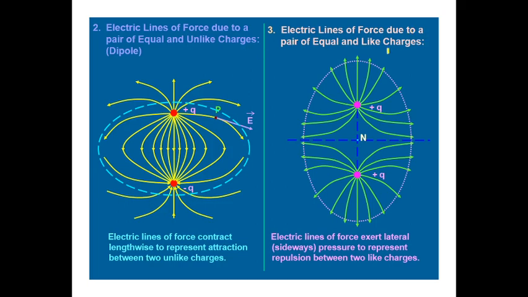Similarly, another example: these are the electric field lines due to a pair of equal charges. This is a Q1 positive charge. This is also Q1, the positive charge. This is a pair of equal charges. So for the positive charge, the lines are away from the charge. So this is the representation. Is it moving away from the charge?